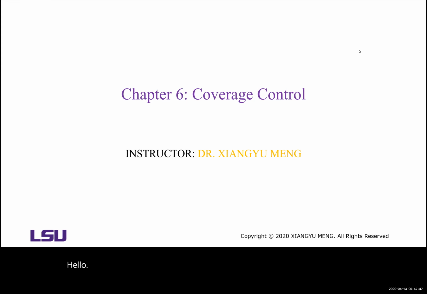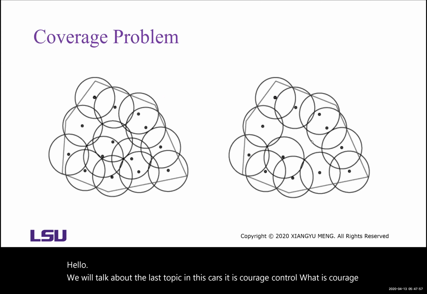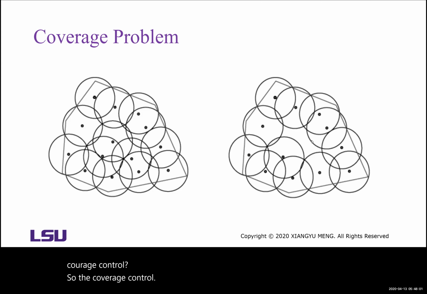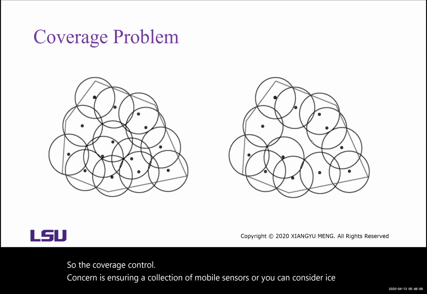We will talk about the last topic in this course. It is coverage control. So what is coverage control? Coverage control concerns ensuring a collection of mobile sensors, or you can consider them as mobile robots,